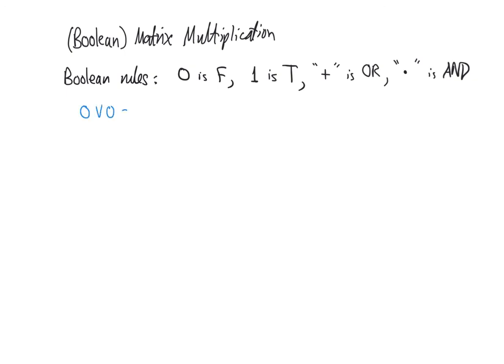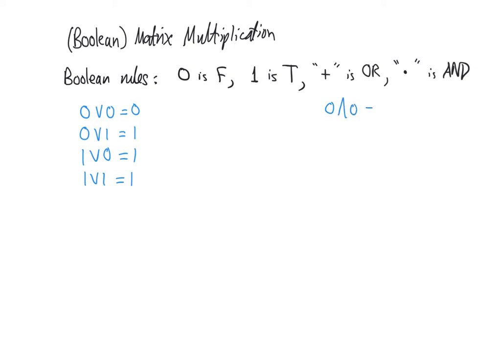0 or 0 is 0, 0 or 1 is 1, because false or true is true. 1 or 0 is also 1, because true or false is true. 1 or 1 is 1. And